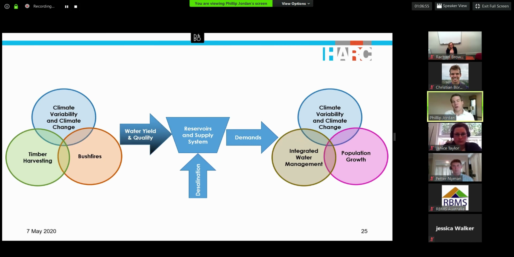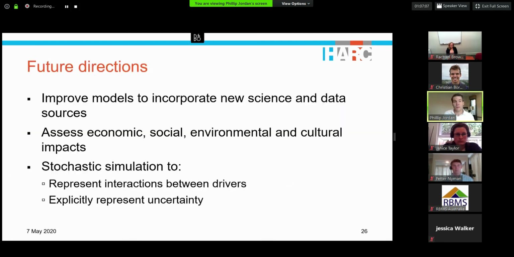So all of those things have an influence on the security of supply and the water yield. And in my view, in future, we really need to be looking at how that integrated system works together. So future directions, I think there's certainly ways to go around improving models to incorporate new science and data sources. It's important to assess that four bottom line